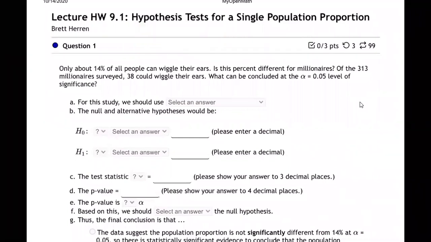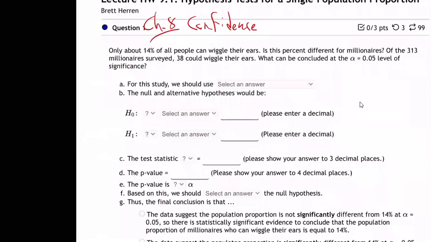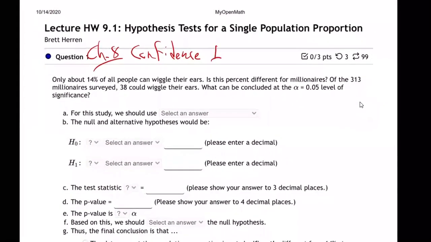Pretty much after this, we've done the two big things, one of them being confidence intervals. That was chapter 8. Chapter 8 was all about confidence intervals, and now chapter 9 is all about hypothesis tests. That's what exam number 3 is going to cover, confidence intervals and a hypothesis test. And then the rest of the course will be more and more complex and different types of hypothesis tests